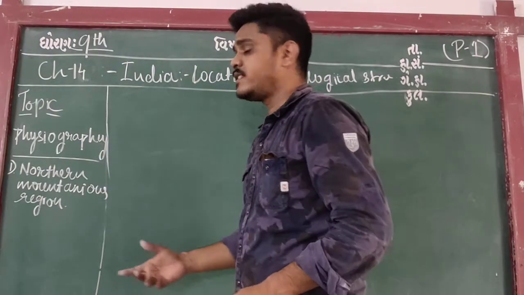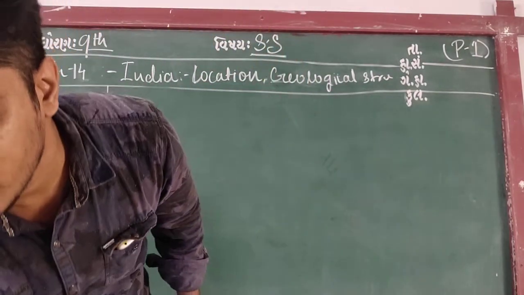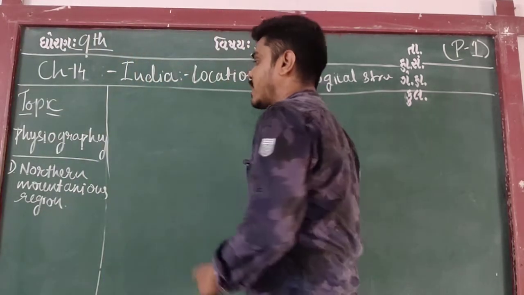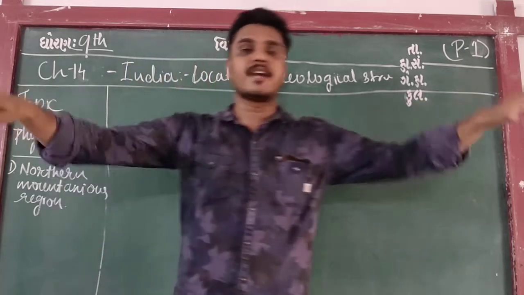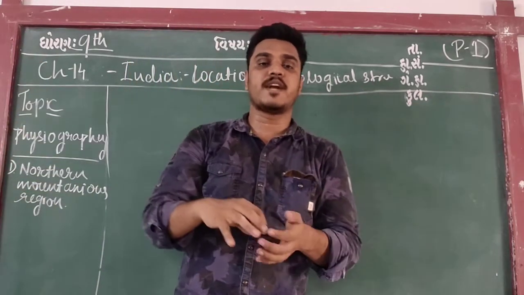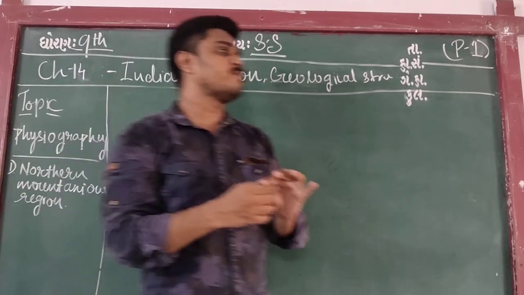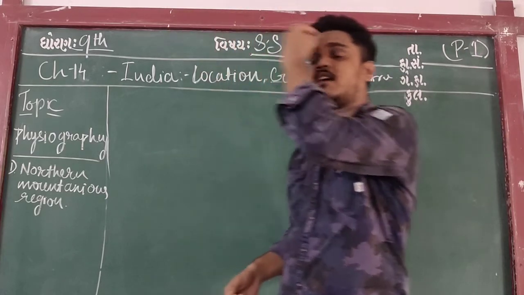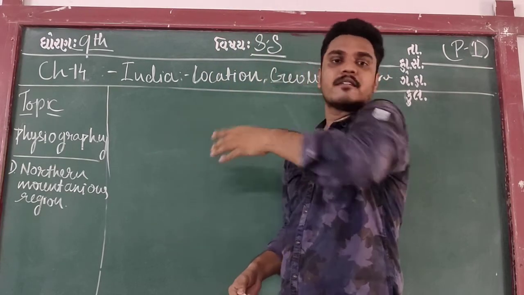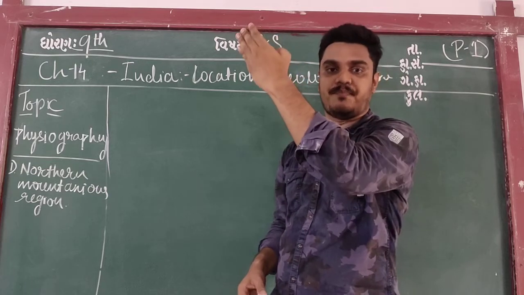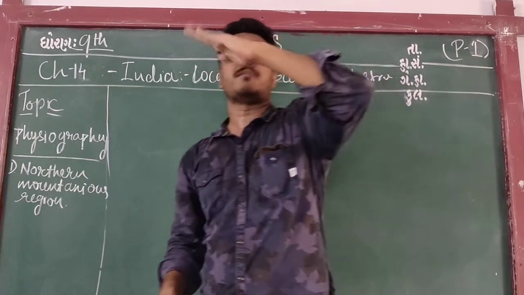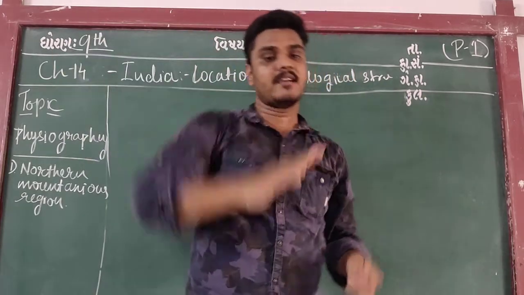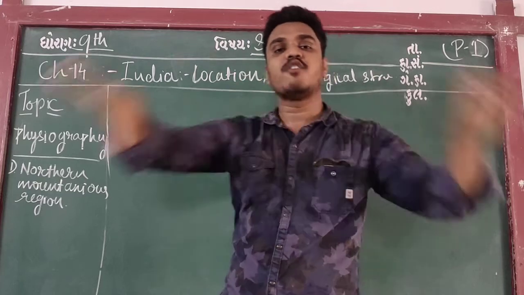What is physiography? We will discuss physiography. An irregular landform on the surface of the earth is called physiography. Suppose you go from Sarkhej to Paldi, or from Ahmedabad to Jammu Kashmir, the landform will change something like this. And in Rajasthan, in Udaipur, the landform will change something like this. This is called the irregular surface.